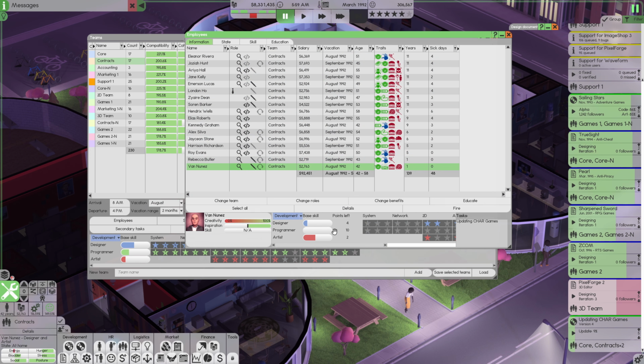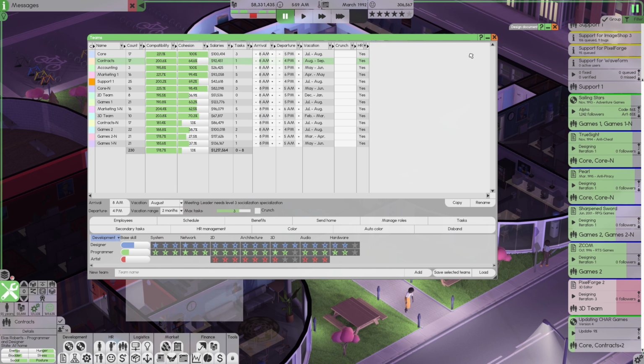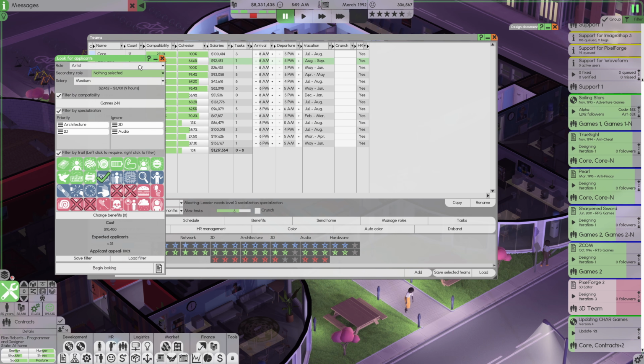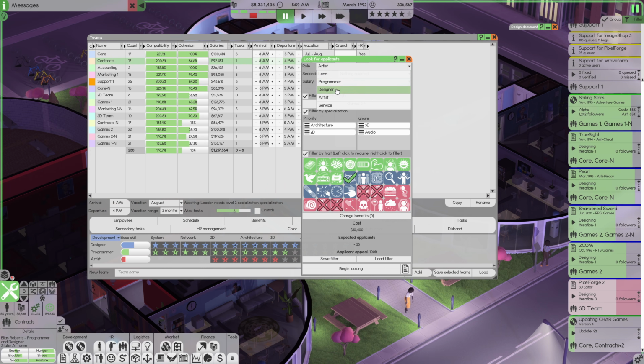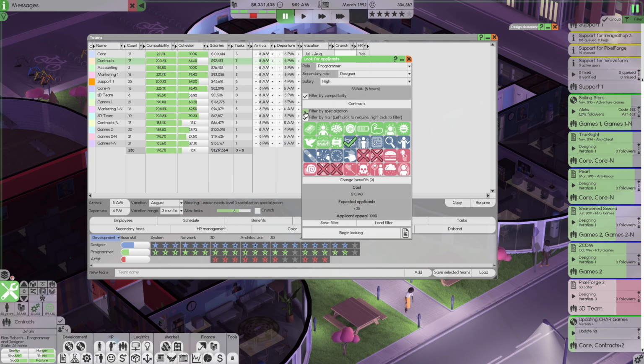So I'm not seeing that at the moment. So what I might do is hire somebody to do this. So if I go over to, let's say, design, let's go programming, and then designer, high salary with contracts. I'm not going to filter by specialization. I would like to see if I can filter by just innate skill. I don't think I have a base skill